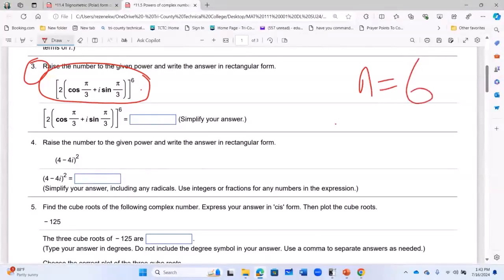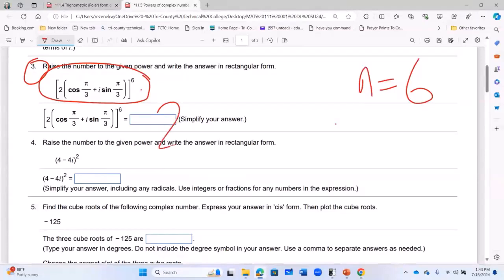So I want to apply De Moivre's theorem immediately. That's De Moivre's theorem, the power. How to expand this? It is already in polar form, so no problem. It's not a big deal. So I'll just start by 2